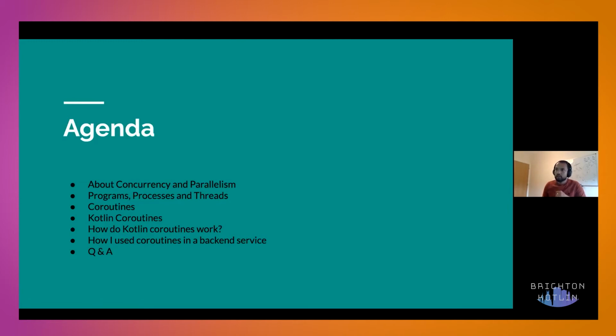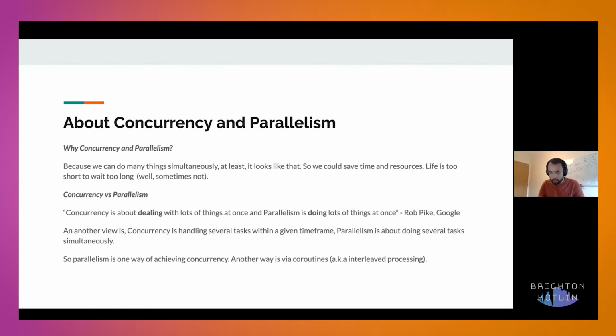All right. Okay, so quickly, I'm going to lay the foundation about concurrency versus parallelism, because the reason we need concurrency and parallelism is mainly that we don't want to wait and we want to do multiple things at the same time. But I'm sure concurrency and parallelism always come together, and sometimes people get confused. What is the difference?